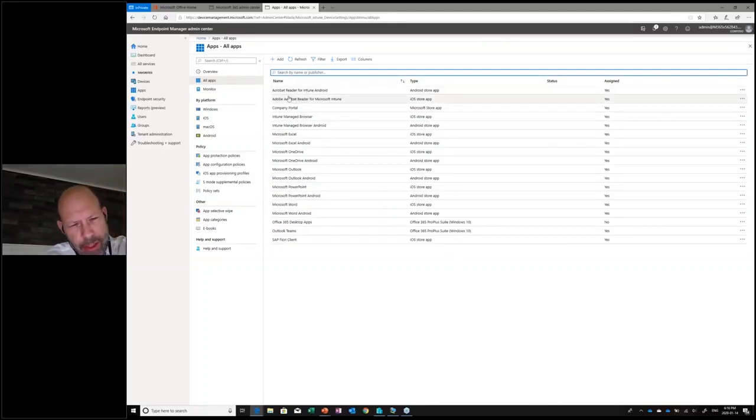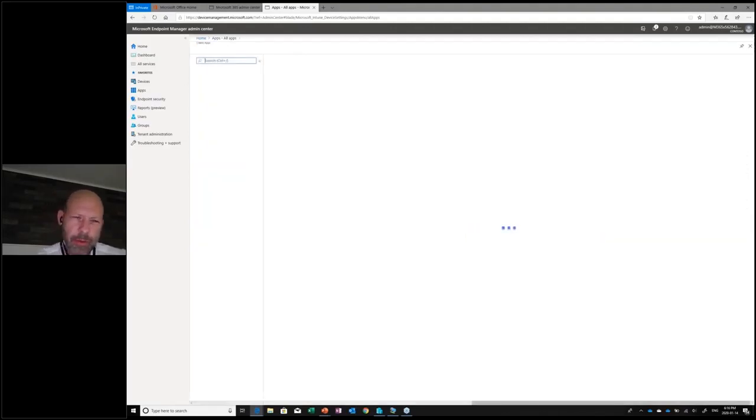And you'll see a list of applications that have been configured and set up for the various hardware types. So as you can see with the types, you've got anything from the Android store. You also have anything from the Office 365 Pro Plus suite. And for this particular demo, I actually have deployed some applications from this particular suite of products. So if you click on this, you'll be able to see, for example,